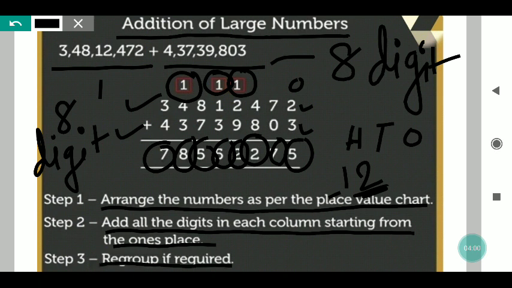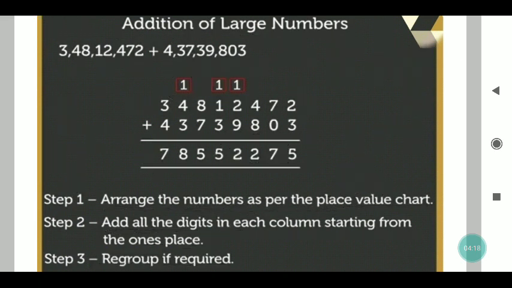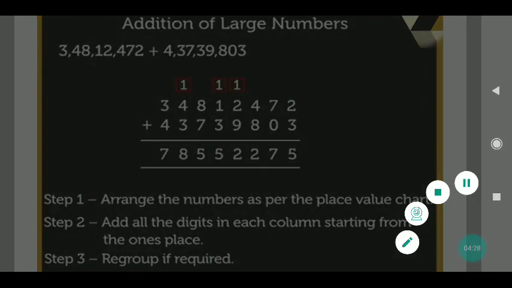This regrouping is required. What does it mean? The carry number we have written upside, that is called regrouping, my dear. Of the carried numbers, one digit we are writing down and another we are writing up. That other which we are writing up is only the regrouping of the digit, isn't it? I hope you all have understood this question. And please, students, you can practice the question in your copy also. By seeing this you can write the same question in the copy and practice.